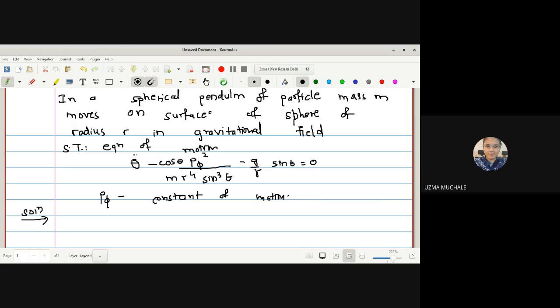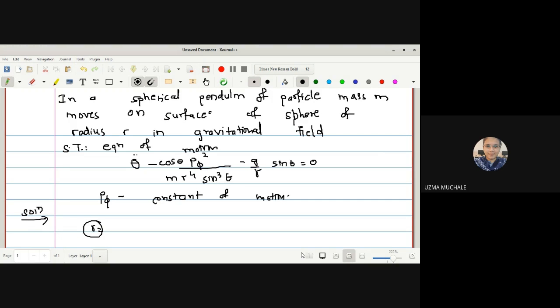Okay. So let me start with the consideration. Given that a pendulum of a mass point m is constrained to move on the surface of the sphere. As we have a restriction in this, what is the restriction? A particle is moving with one specified radius. क्योंकि आपका sphere का जो radius होगा उसी को लेके वो पार्टिकल सरफेस ऑफ द स्फीयर पे मोशन carry out karega, right? So here we have been provided that it has a restriction that a particle is moving with some radius r fixed, and the gravitational field is there on the spherical pendulum.